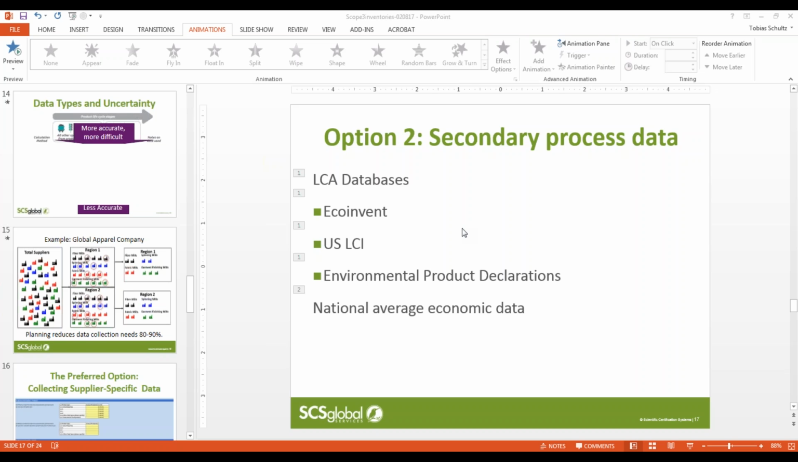So those are the databases. In terms of environmental product declarations, these can be useful, particularly if you have a specific supplier that has published an EPD, because that basically is published formal LCA results. So those are a great option if they fit properly into your inventory. The main limitation of the environmental product declarations is that the result